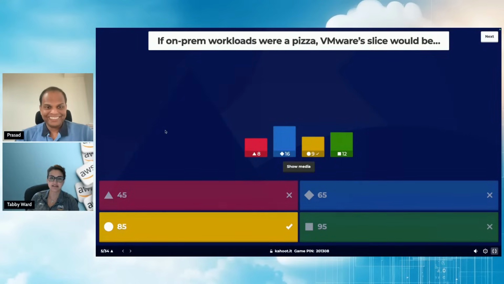Yeah, so VMware, just to give a little bit of background, is a pioneer in virtualization, right? They were founded in 1988. Today, a significant portion of enterprise workloads on premises sit on VMware, between 60 to 85%. So 85 was the correct answer. And a fun fact: Gartner had an analysis and they indicated that 90% of the Microsoft workload runs on VMware. So that's a significant portion.